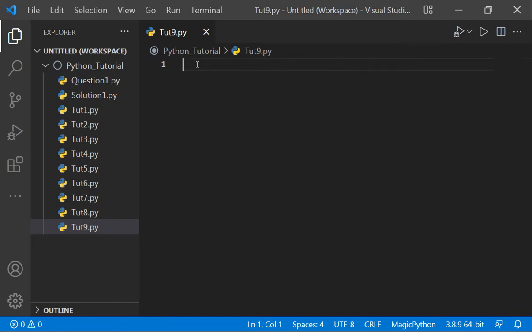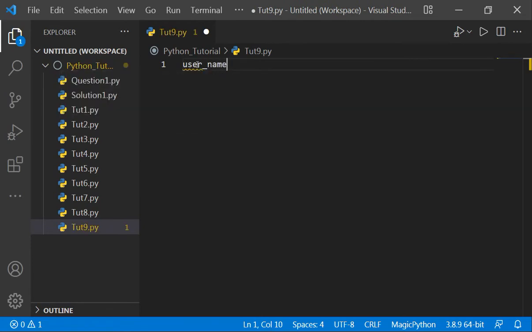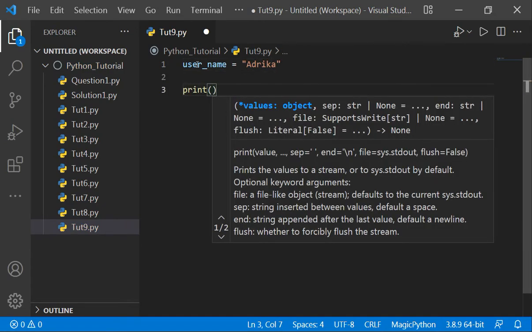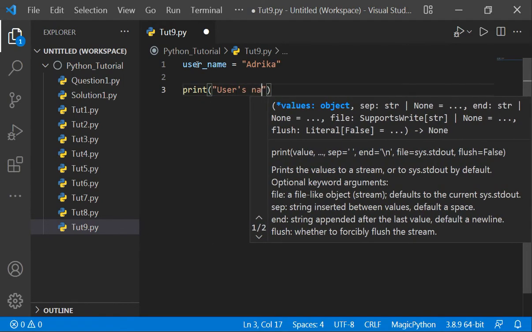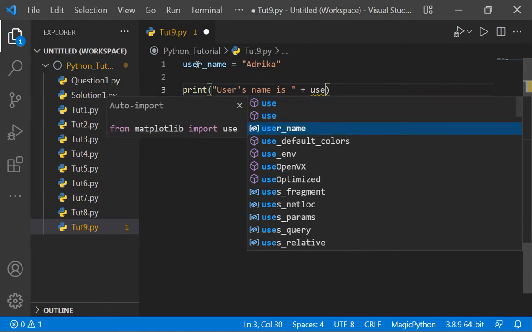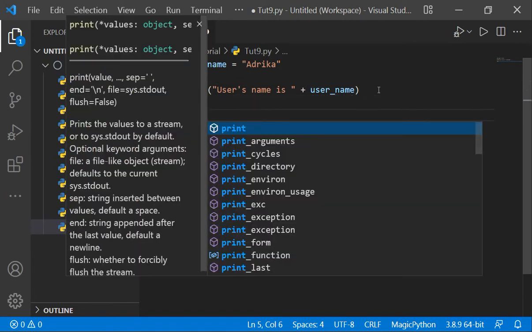Okay. So here, suppose I write username and then pass the value Adrika, and you have to write print "user's name is", and then you have to concatenate username, right? So to write it in an easier way, we can write it like this: print